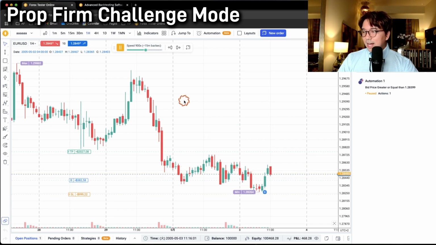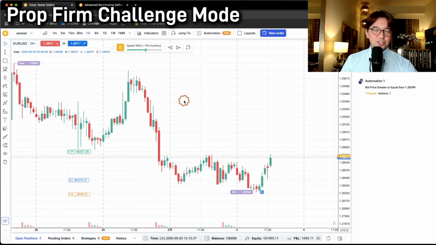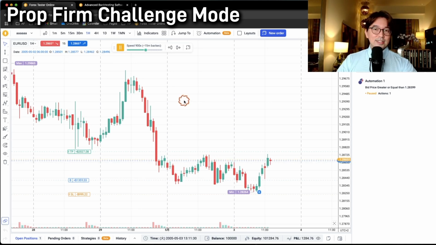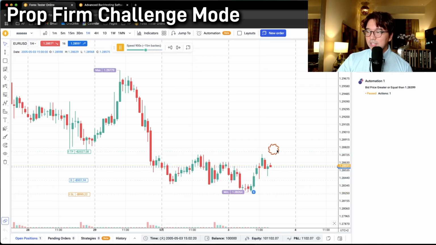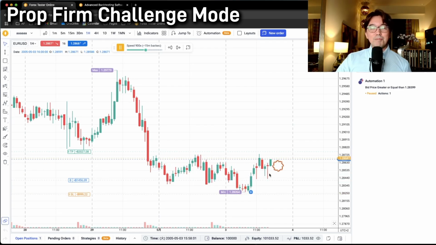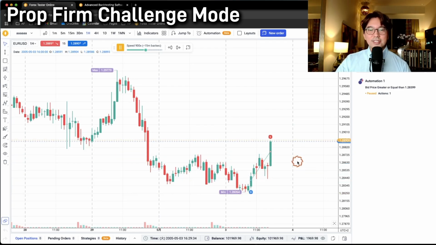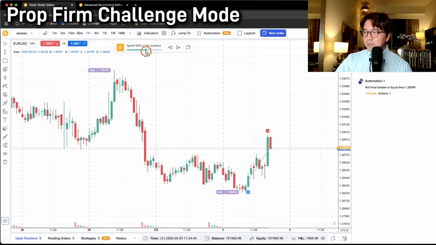So yeah, this is how Forex Tester works. You don't see the future market, so you can trade as if this is the live market. But the difference with the live market is that you can change the speed of the bars. If you have to wait for the price to hit the stop loss or the take profit, it takes a few hours or could be a few days until you see the result. But since this is Forex Tester, you can actually set the speed,